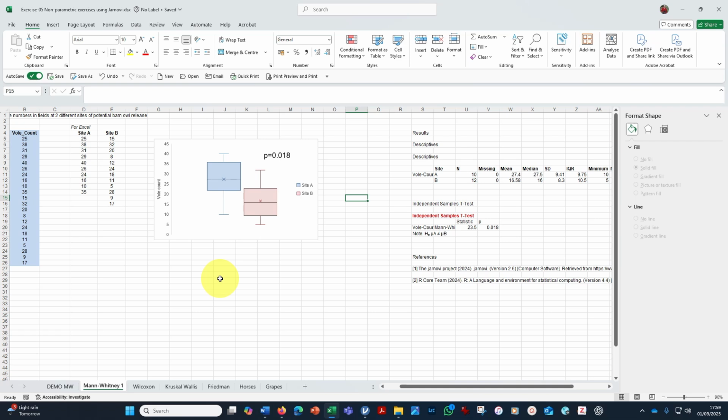Okay, the other thing we wanted was a title. As I said, we'd normally put this in Word, but here we're just going to add it at the bottom, as if it were in a Word document. Figure 1, because this is a figure, and we're going to call this, well, it's a vole count, is what we measured. And how do we compare it? Well, they were at 2 potential release sites, A and B. And then we need to tell our audience, what does the box plot represent? So the box plot